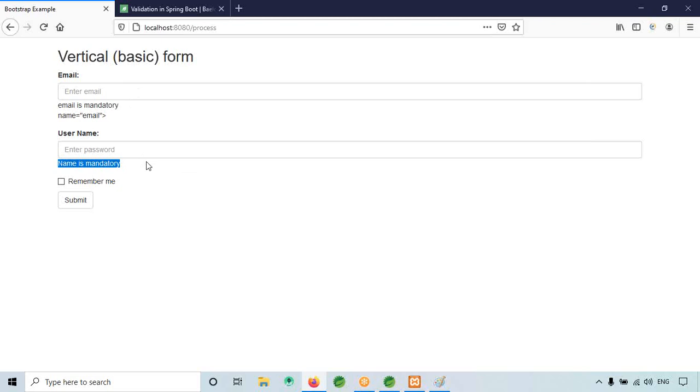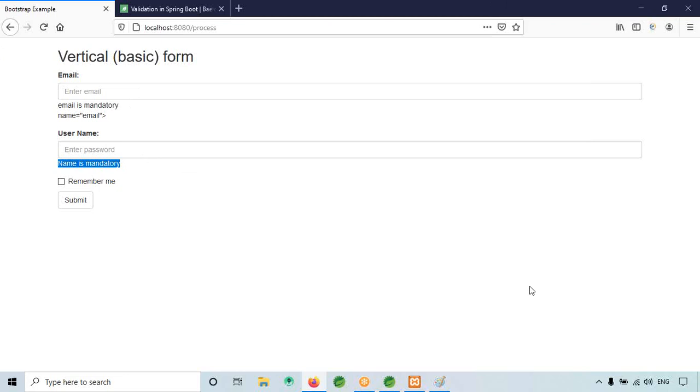So now we have successfully implemented these things. So next what I will do is I will implement for the checkbox.